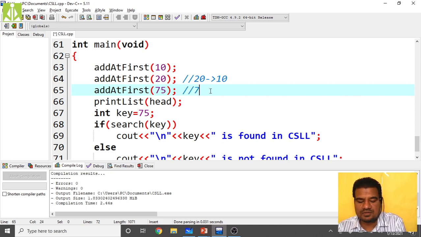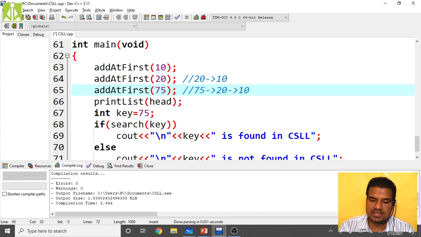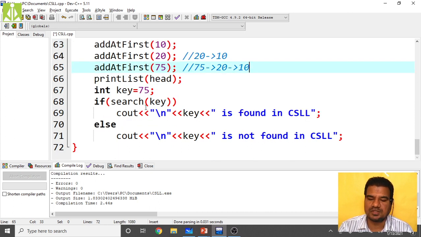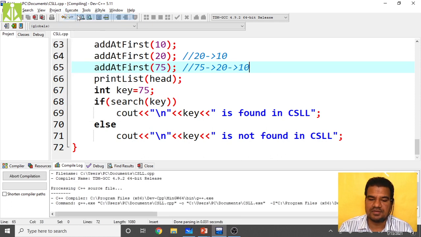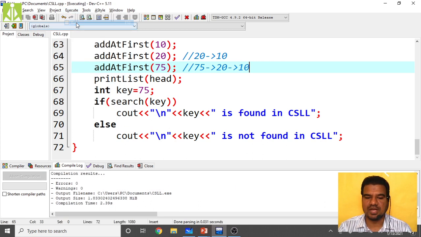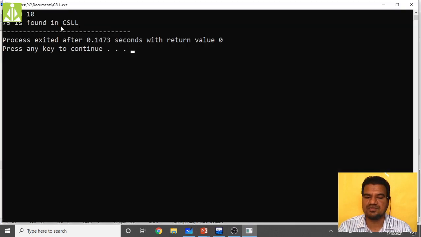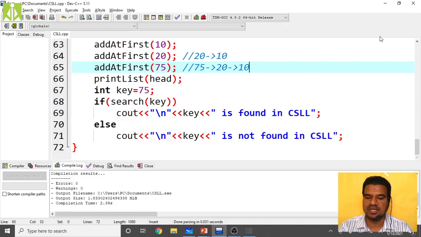We should get 75, arrow 20, another arrow, then 10, and from the search operation you have to get the positive result: "75 is found inside CSLL." Quickly see the execution. 75 is found inside the CSLL, and the list is 75, 20, 10. Likewise we have done the implementation.